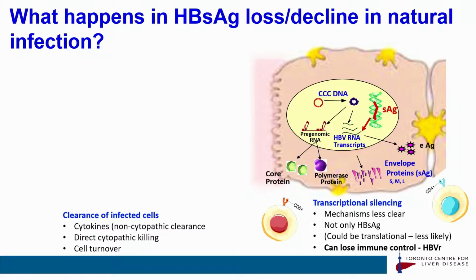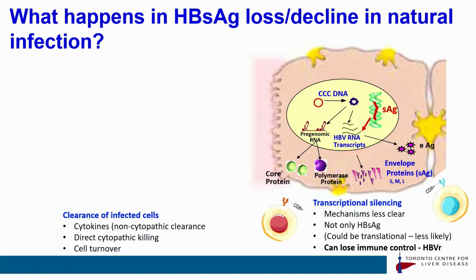Now, the alternative is this idea of transcriptional silencing. Here, the mechanisms are a little bit less clear. The important thing is that at least in the natural scenario, it is not only surface antigen that is being silenced, but the other transcripts as well, and that may be relevant. Theoretically, you could have translational silencing. I think that's a little bit less likely, but importantly,